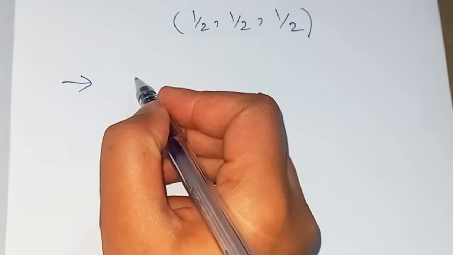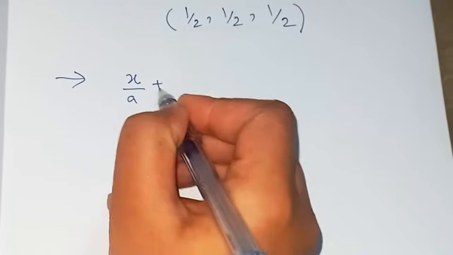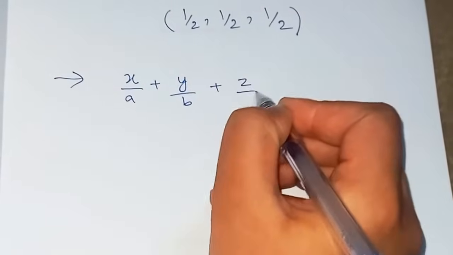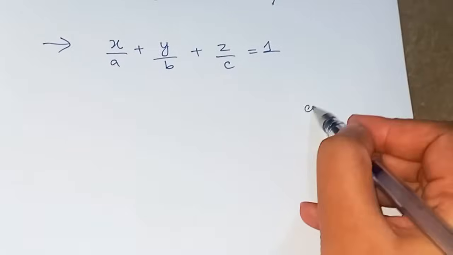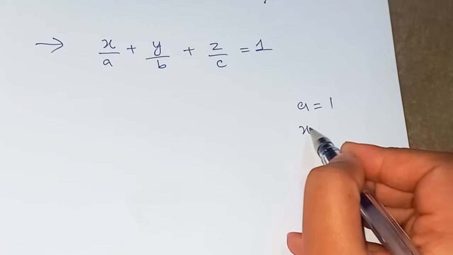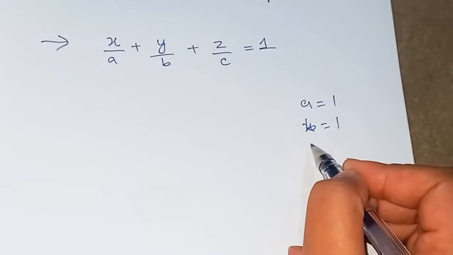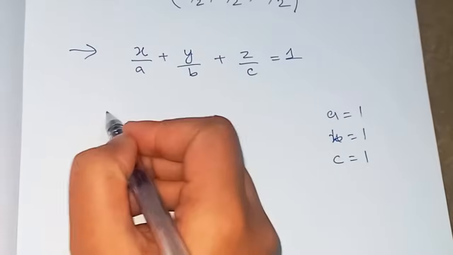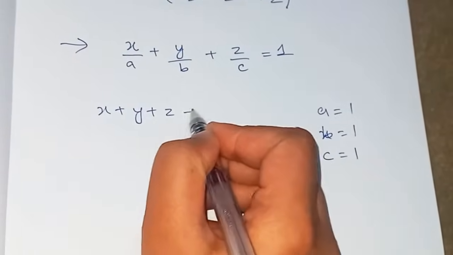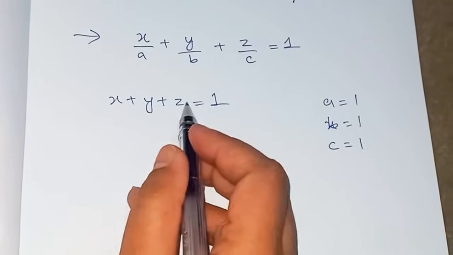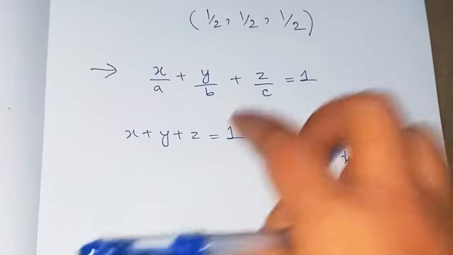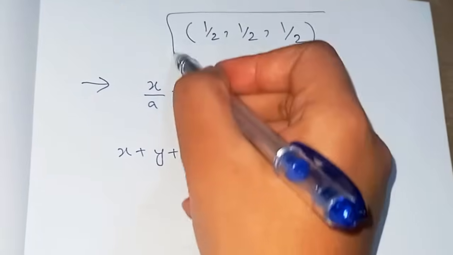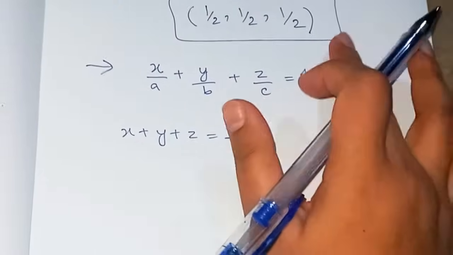For that purpose, what you need to do is use the equation of planes, which is x over a plus y over b plus z over c equals 1, where a, b, and c are the intercepts of the plane. We know that here the x-intercept is 1, the y-intercept is 1 as well, and the z-intercept is 1 as well. We can put in values for our plane, so it's x plus y plus z equals 1, where x, y, and z are the points on the plane. And if this center point, the center of the atom, lies on the plane, then